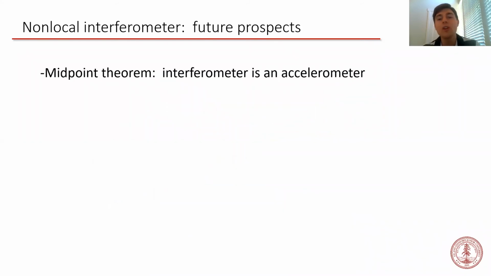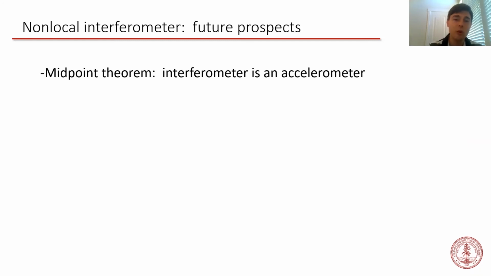So in the future, what other gravitational effects could we hope to see with our non-local interferometer? Recall that according to Bordé's midpoint theorem, the interferometer can be regarded as an accelerometer if it evolves in a low-order potential, specifically a potential of degree 2 or below in the spatial coordinate. At our resolution, this includes each of the interferometers in the experiment I just described. So from the perspective of the midpoint theorem, you would say the significance of our result is that it demonstrates that a delocalized quantum system in a curved space moves around in the way we would expect it to move around.